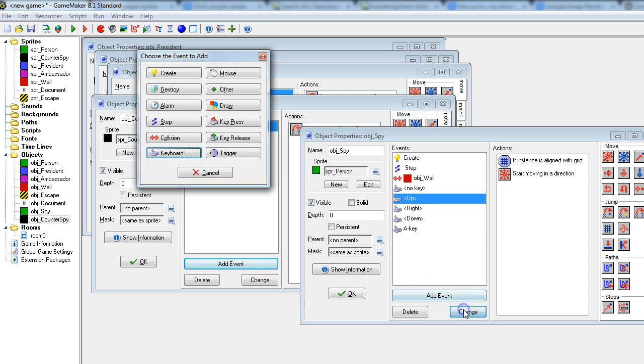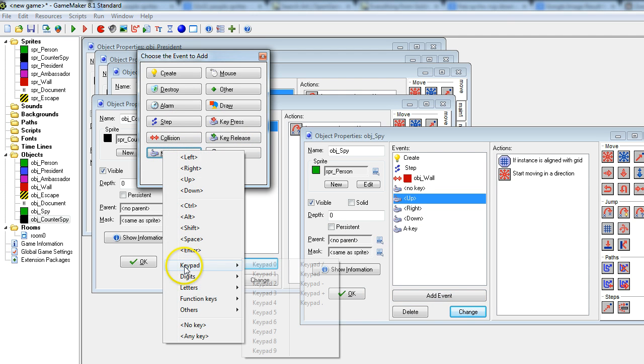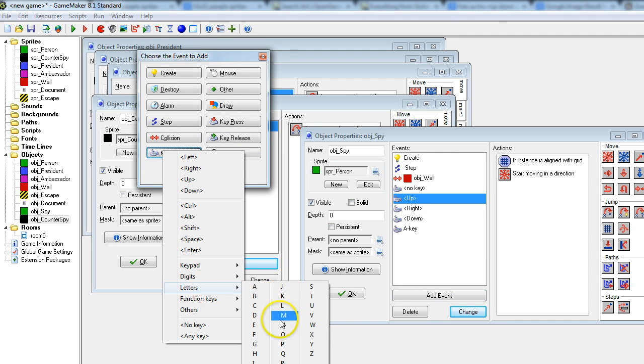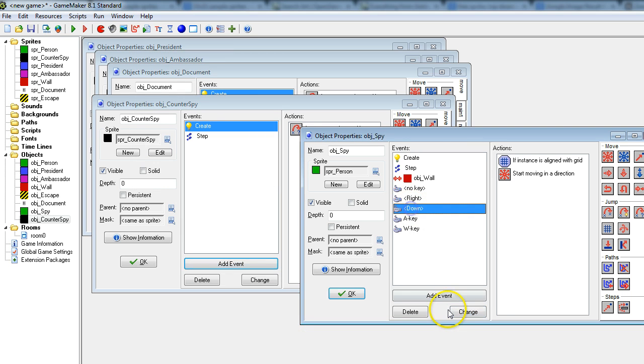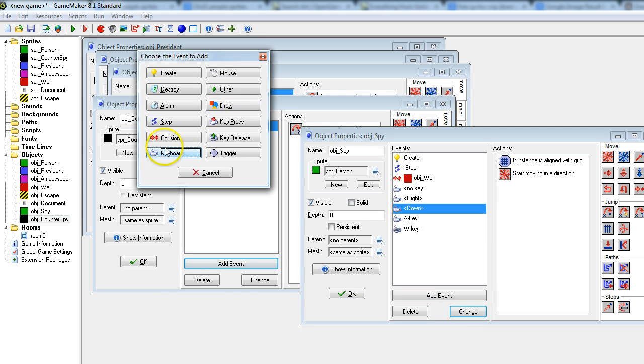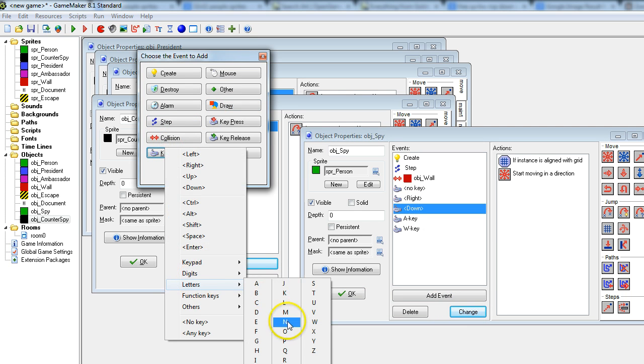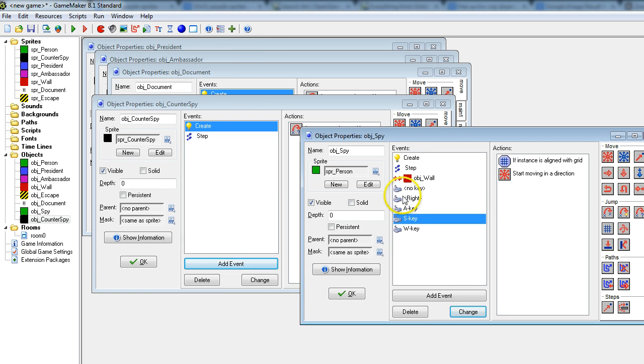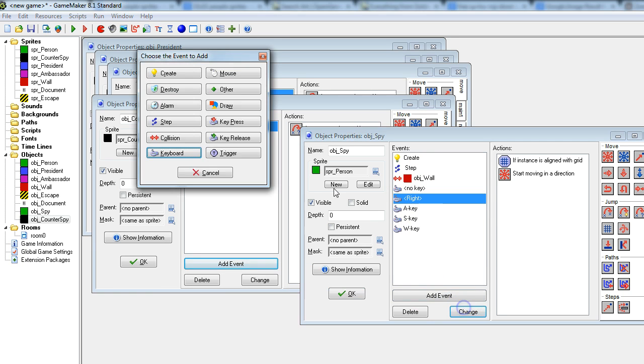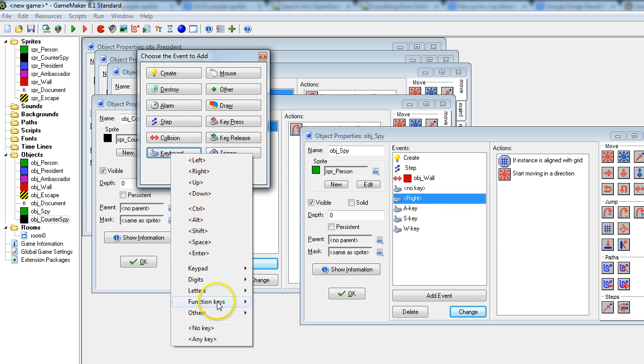Up is going to be W, so keyboard letters W. Down is going to be S, letters S, and right is going to be D. So change keyboard